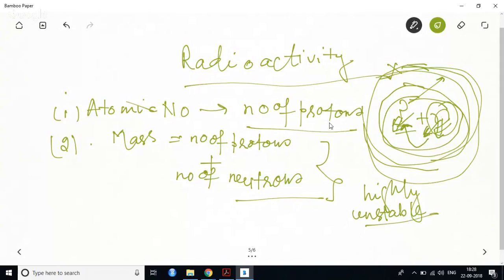It becomes highly unstable because of its size and very high p by n ratio, and this gets disintegrated. So self disintegration of any particular atom, because of its size and imbalance in proton to neutron ratio, is called radioactivity. There were two or three scientists like Becquerel, who discovered it, then Madame Curie and Pierre Curie, both of them started reading about it.